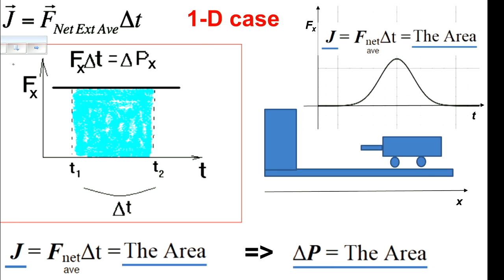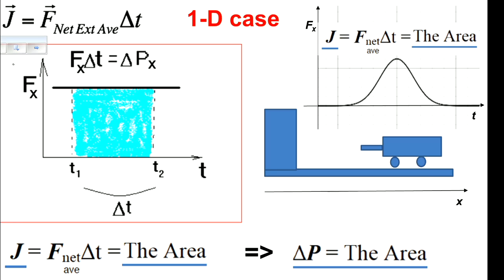If the force remains constant, to calculate the impulse using this equation, we have to multiply force times time. On the graph, if the force is constant, this product is equal to the area. Yeah? It's a rectangle. This side represents the force. This side represents time. Height times base, area.